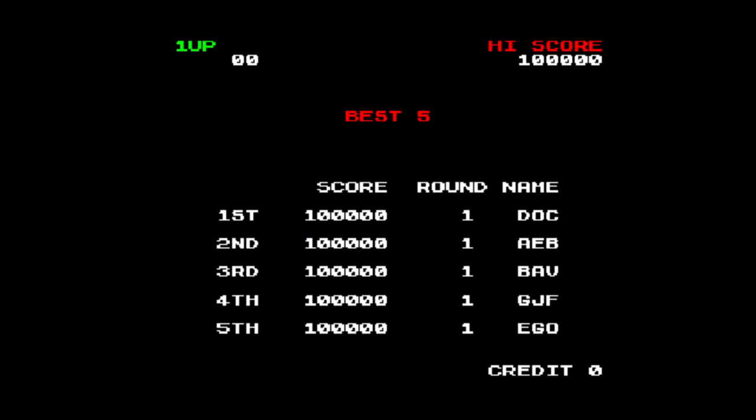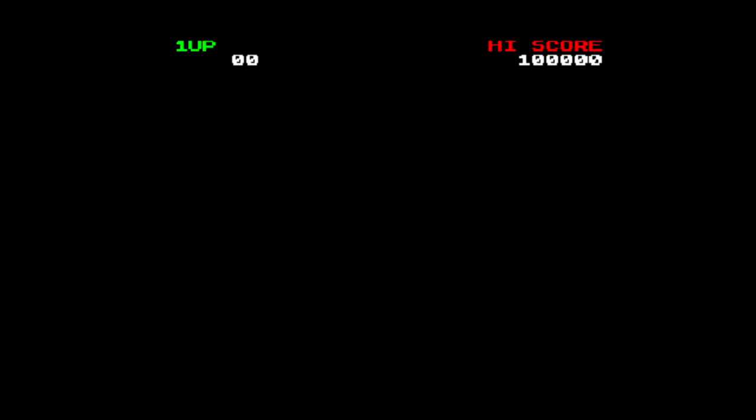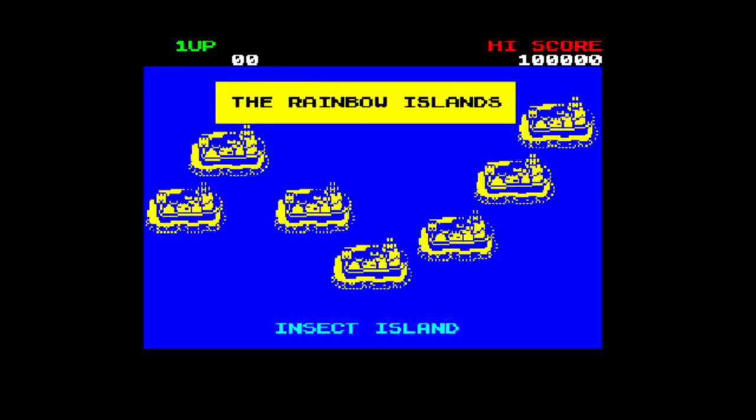And the keyboard controls are A for jump, K and L for left and right respectively, and space to fire a rainbow. So I've set the credits to 3 just in case I do crap. So first island is Insect Island,